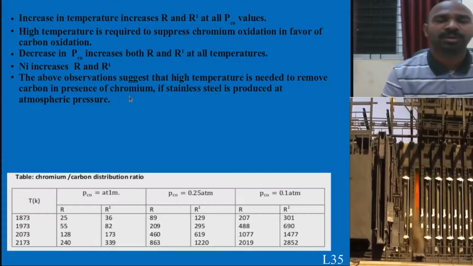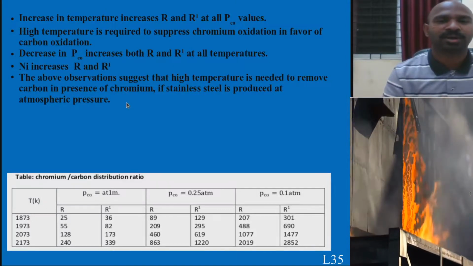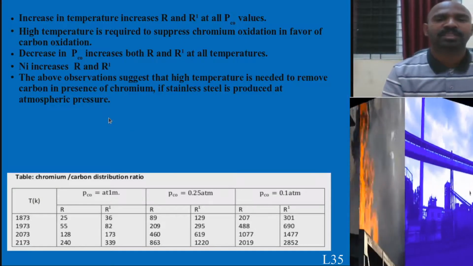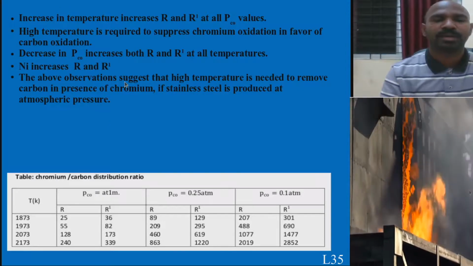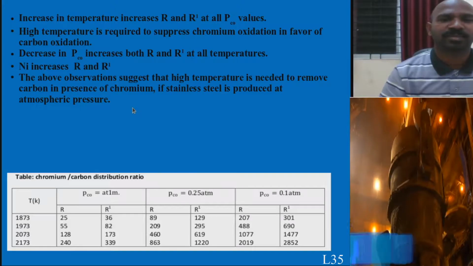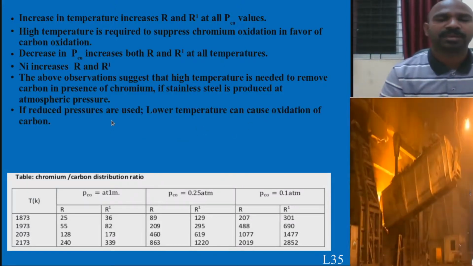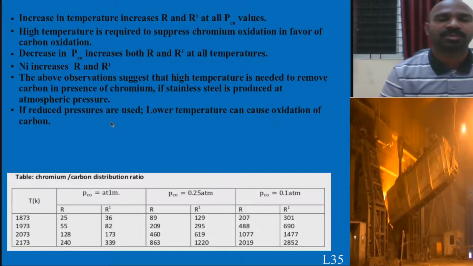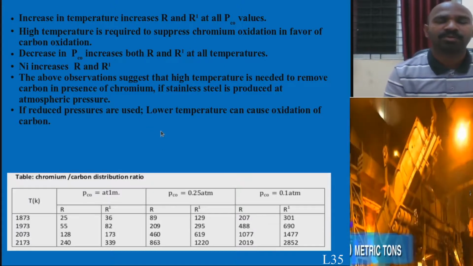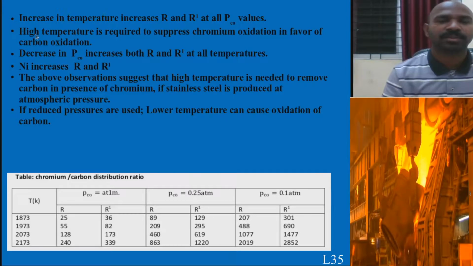In addition, if you want to retain more chromium for production of martensitic and austenitic stainless steel, you will add other alloying additions such as molybdenum and vanadium so that the chromium can be retained. And if you want more to be retained, you need to choose a reduced pressure atmosphere, such as the VOD vessel. This process takes place in the vacuum oxygen decarburizer, so that you can achieve this aim.